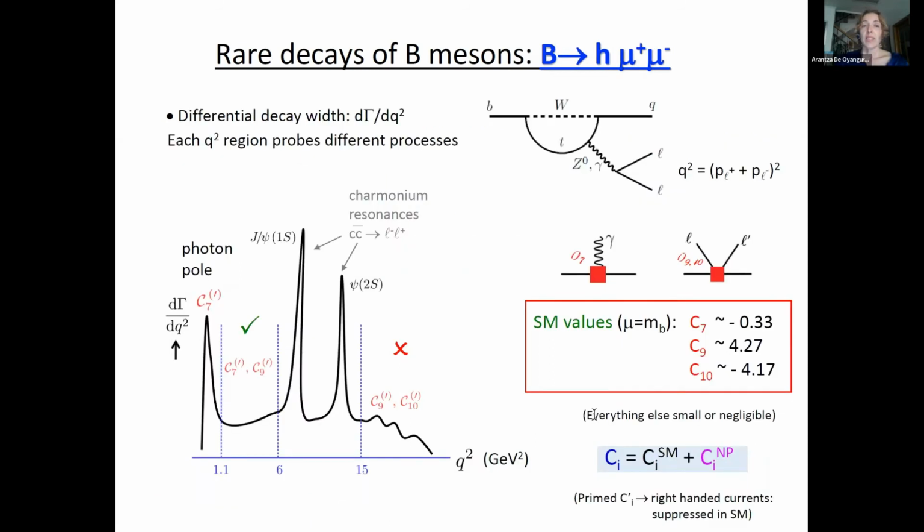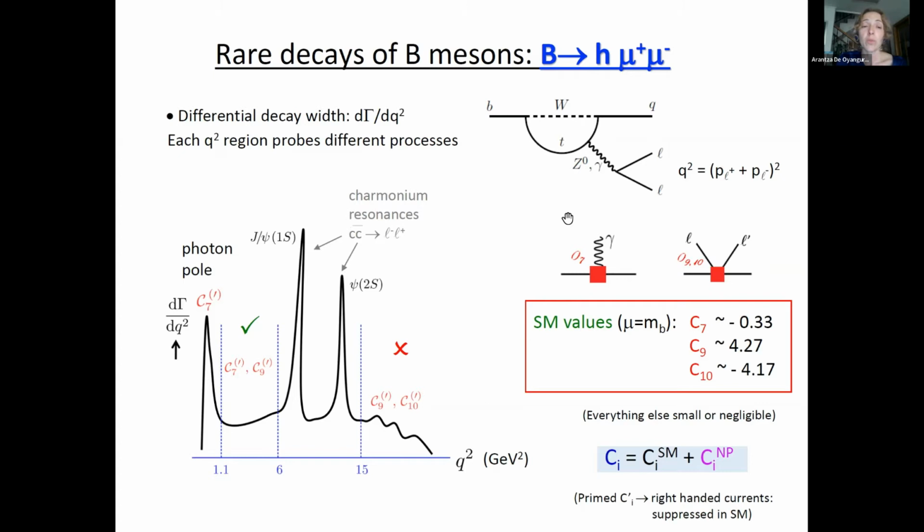Other important and very interesting decays are the case of the B mesons which decay, in addition to leptons, also to a hadron. This is the semi-leptonic, what we call rare semi-leptonic decays. This is the kind of process. And here is where you have the dependence on Q squared, because you have these two leptons in the final state. You remember it is just the four-momentum transfer between the initial and the final state,